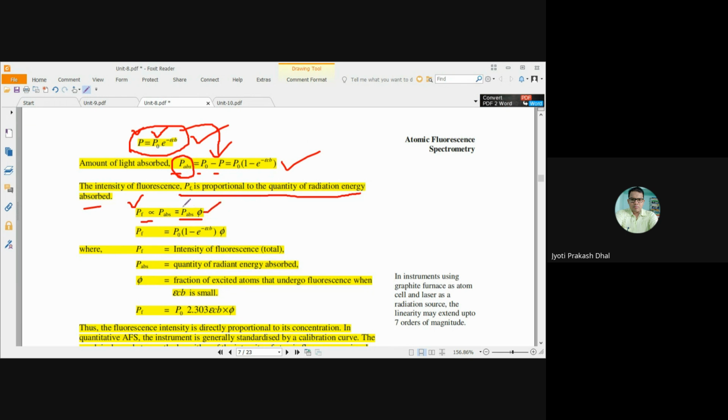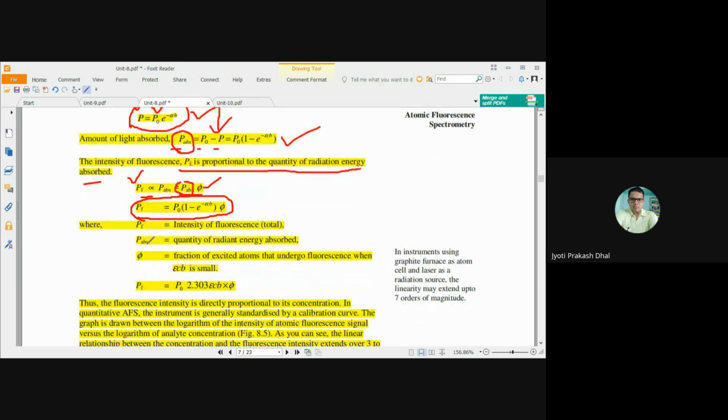In place of PABS, we can write P0 into (1 minus e to the power minus epsilon Cp). So the intensity of the fluorescence emission PF equals P0 into (1 minus e to the power minus epsilon Cp) into phi,